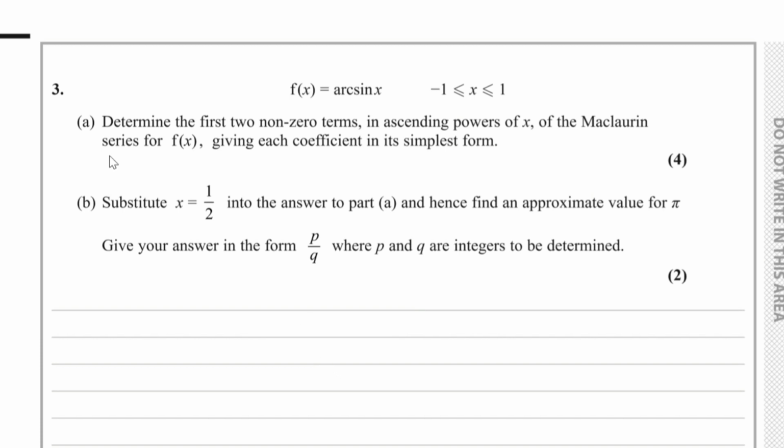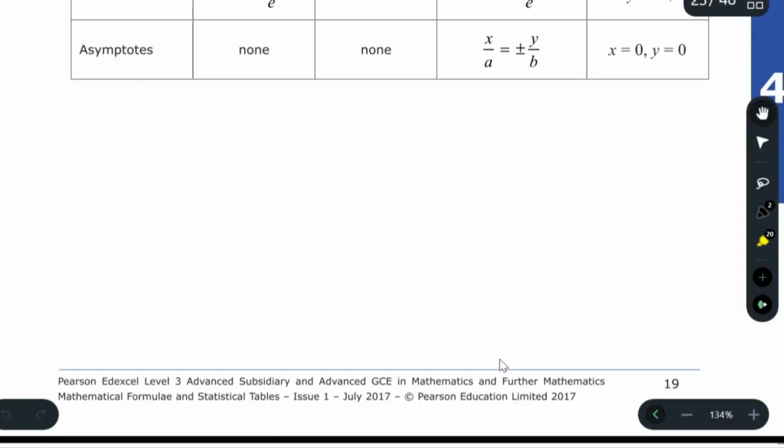Question number 3. We're given f of x is equal to the arcsine of x, where x is in between minus 1 and 1. For part A, we have to determine the first two non-zero terms in ascending powers of x of the Maclaurin series for f of x, giving each coefficient in its simplest form. Well, if we go to the formula book,